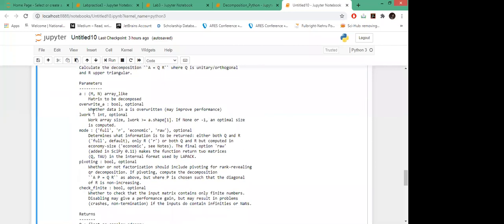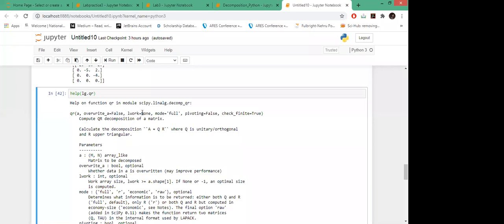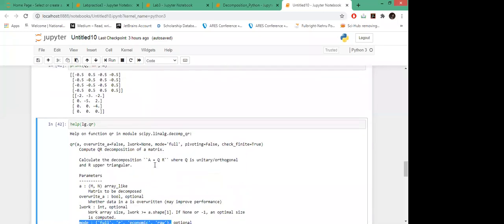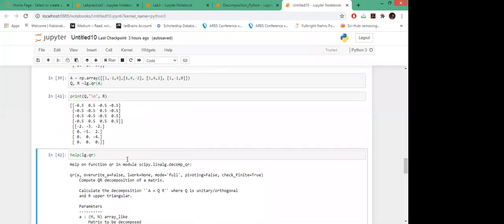Then there is lwork, which by default is none, and mode, which is full. This mode is useful because you can pass full, r, economic, and raw. By default it is full, giving me both Q and R as outputs.